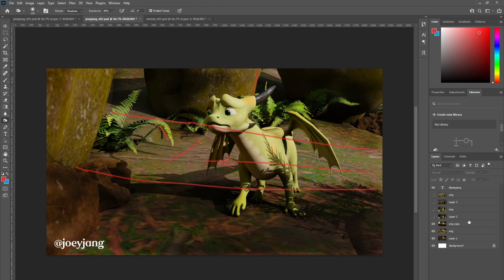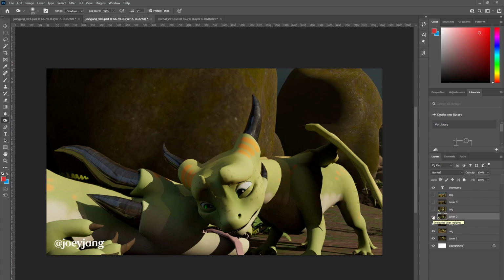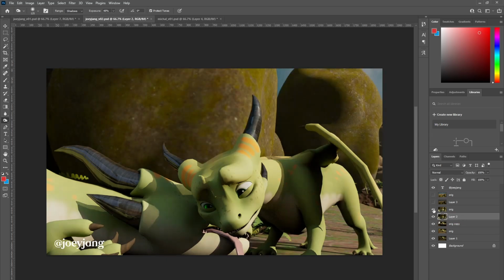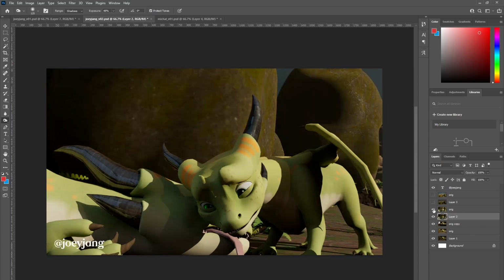Something like that. And for this one, the original was here. Yep.